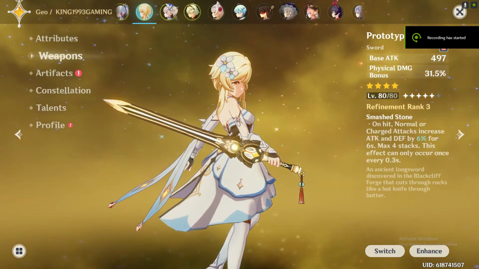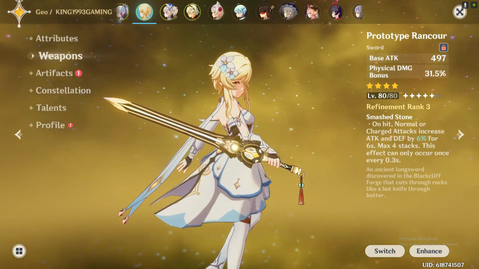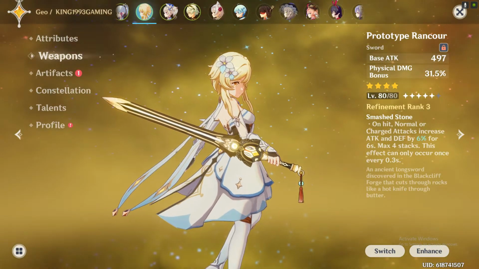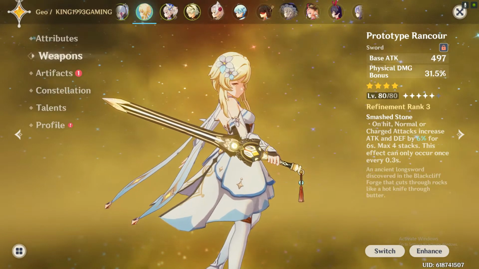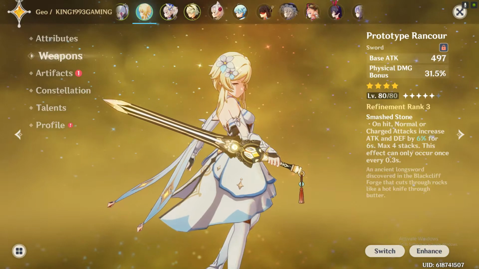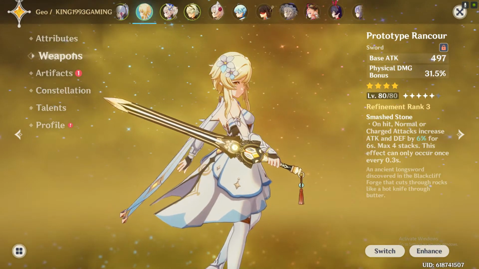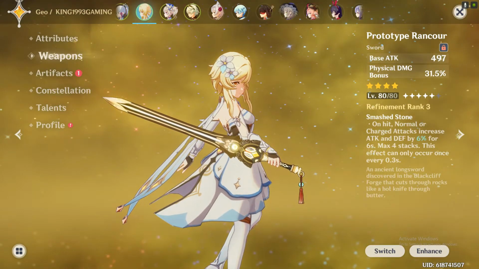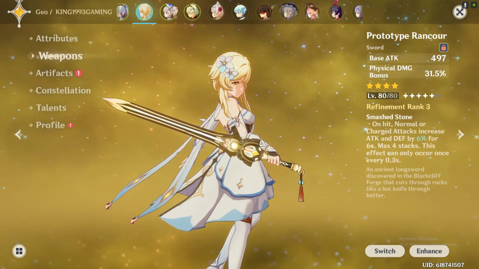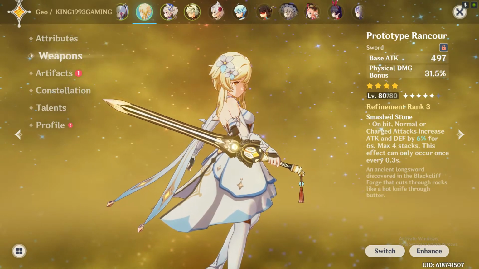Now we are finally at the weapon part of this video. What is the best weapon for her? There are 2 types of weapon categories: grindable weapons and gacha weapons that you can only get if you do the 10 pulls. Out of those 2 categories, the majority of players at the beginning are going to be getting the 3-star weapon. Now the thing is, what is the best 4-star or grindable 4-star weapon for this